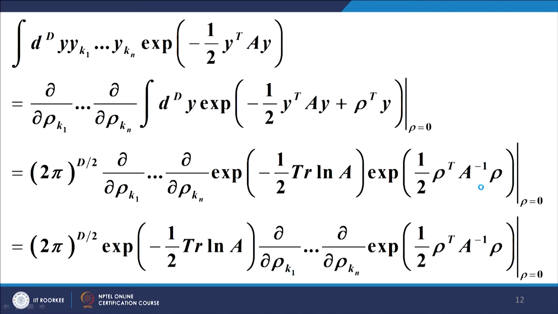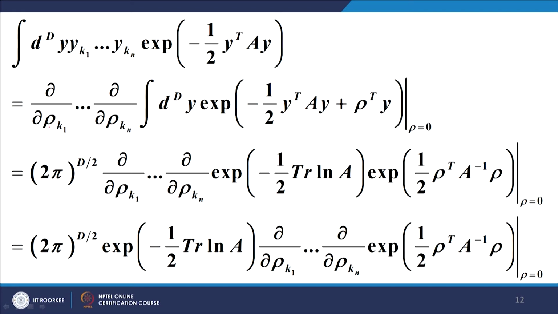So, here let us start with this matrix. Now, instead of this matrix, I take a new matrix expression. For the moment, just forget these quantities. Instead of this exponential, I write this exponential, and then I take the derivative of this whole thing including the integral with respect to rho k 1. Now, what will it do?